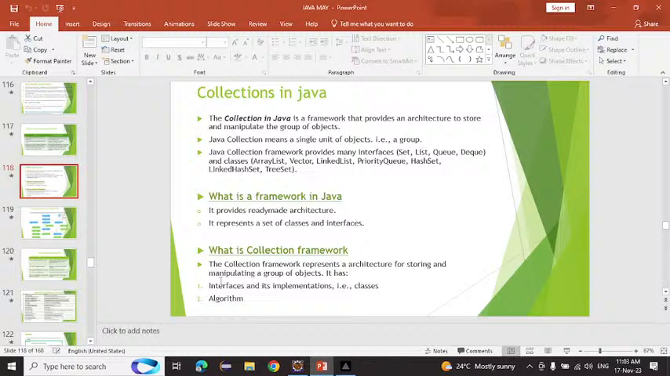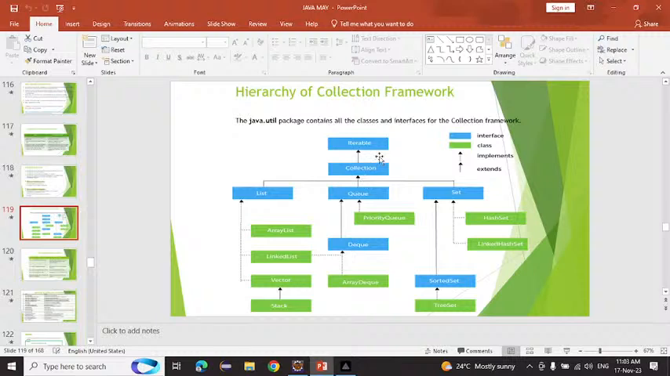After that, algorithms are also there inside the collection framework. Now if you move to the hierarchy, the blue color lines are the interfaces and the green color boxes are the classes. Which are the interfaces here? There are iterable, collection, list, queue, set, then deque and sorted set. These are all the interfaces present inside the collection hierarchy. If you talk about the classes, they are array list, linked list, vector, stack, array deque, priority queue, hash set, linked hash set, and tree set. These are all the classes. If I ask you which is the parent interface here, means